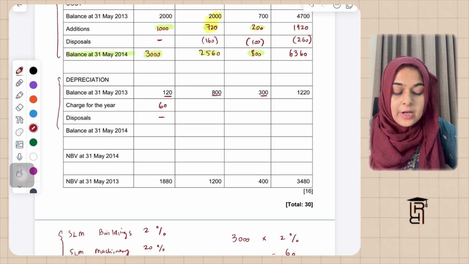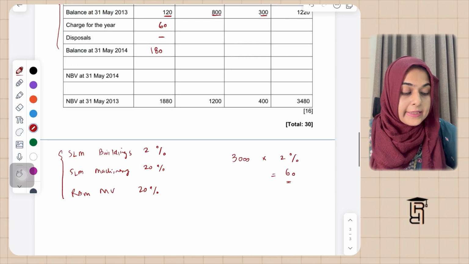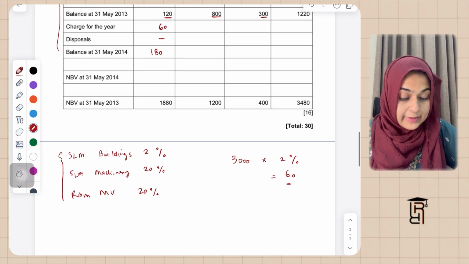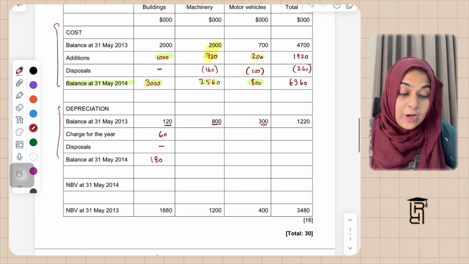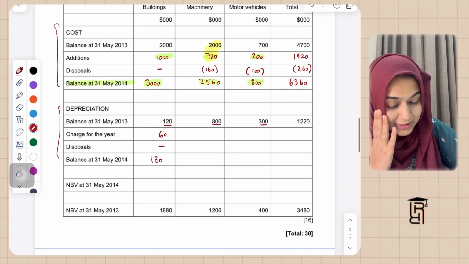carried down for the buildings' depreciation will be $180, okay. So this was easy. For machinery, okay, so now we have to use our brain for some machinery